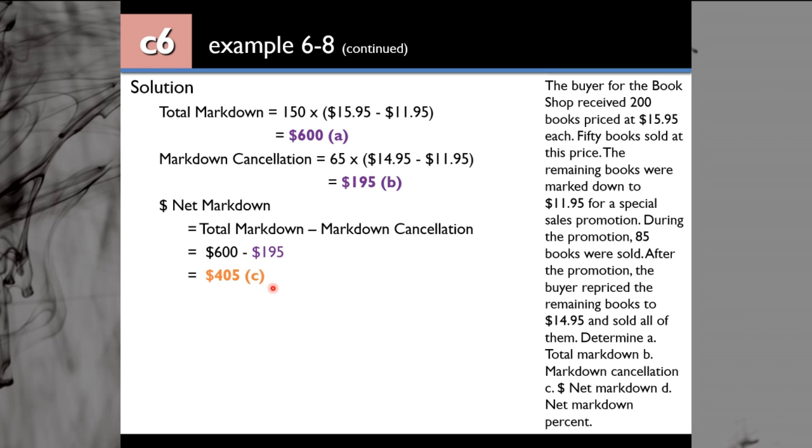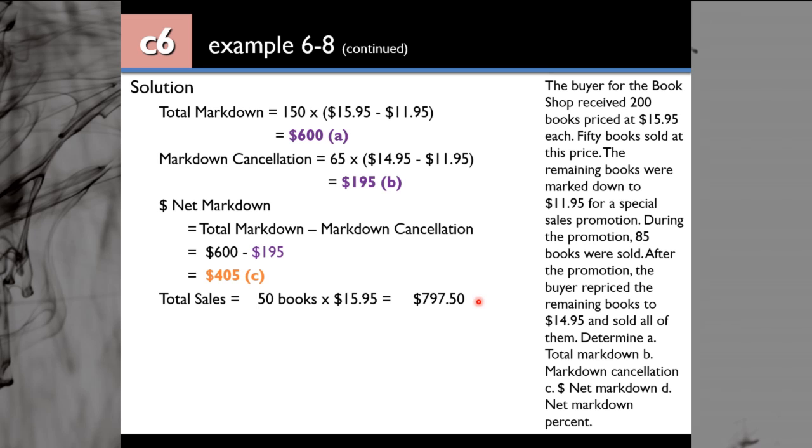And next step, now you know the dollar net markdown and you want to calculate the net markdown percentage. If you want to do that, you have to calculate what else? There will be total sales. So let's go step by step. First, your total sales. First sales that you have from the original price, you sold 50 books. So that is 50 books multiplied with the original first price. That is 15.95. So you got this